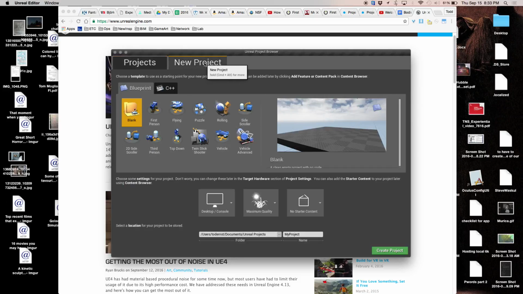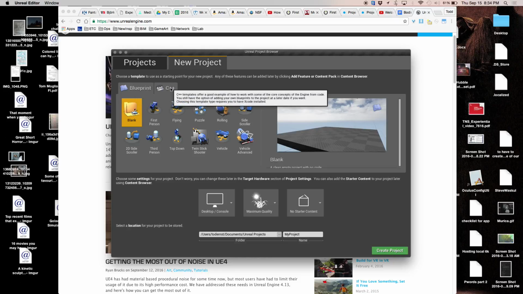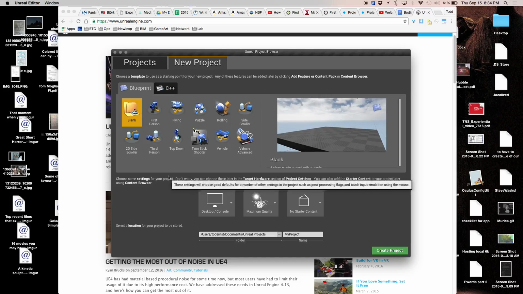We're going to do a new project, and you see it has all these templates for us. We'll get into those later. We're not going to worry about it. Let's just do it kind of simple and do it blank. This thing is called a blueprint. This is a visual scripting language that we'll be using in this class. We won't do that today. You do have the availability of doing C++, but we will not get into that in this class.